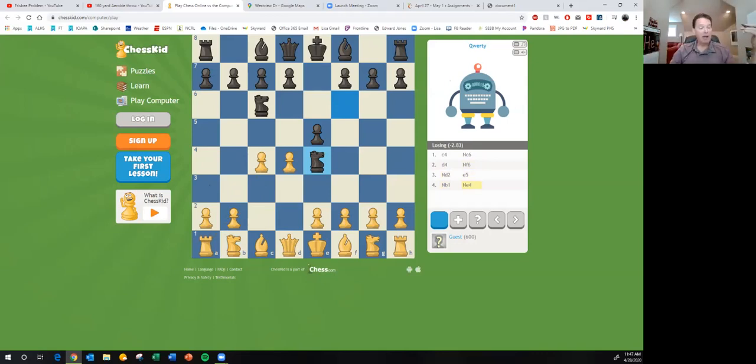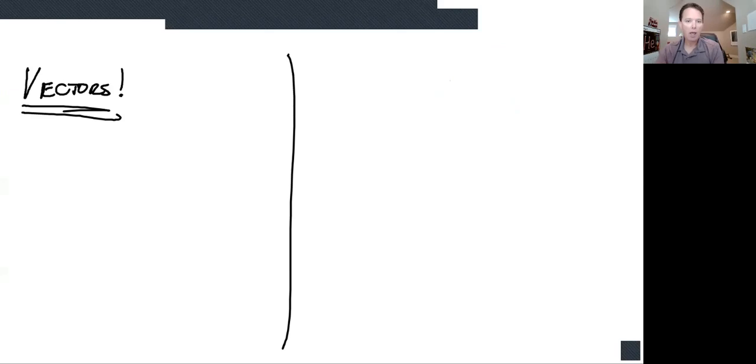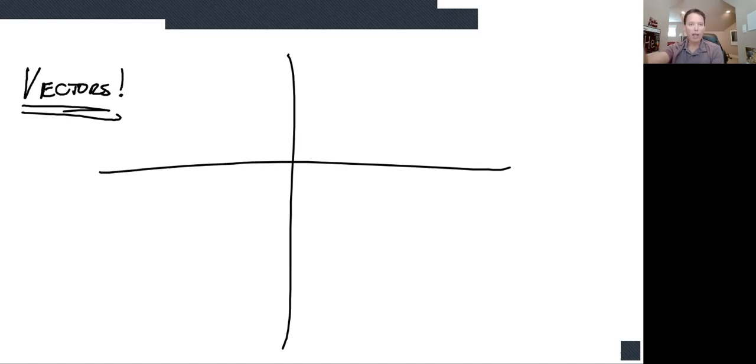So I want you to sort of think about this. What would that look like if we translated that into motion on a coordinate plane? So let's go back to this world now. And what would it look like if we went up to right 1? And let's say we started right at the origin. So if we started here, we go up to right 1, wouldn't that take us to the point 1, 2? Even though I'm going vertically first, the end result is I'm 1 over to the right and 2 up from where I was. So what we can do is we can describe that motion